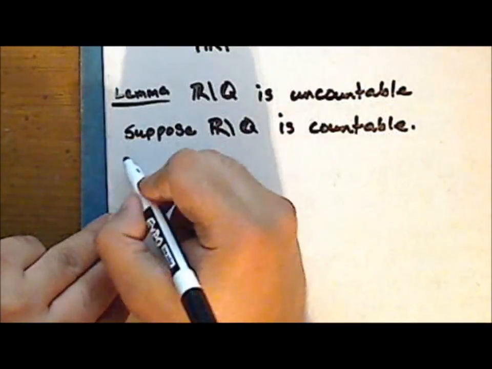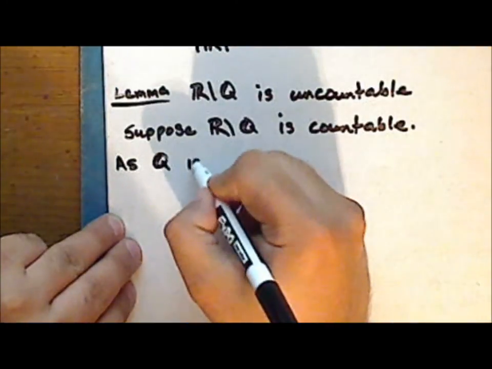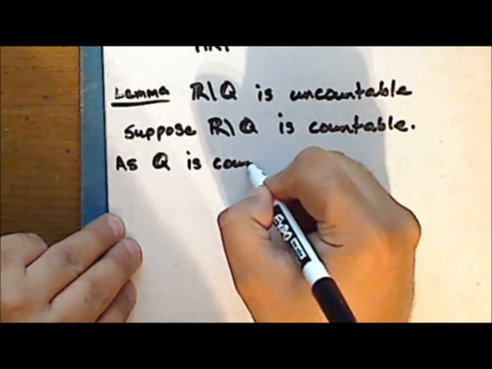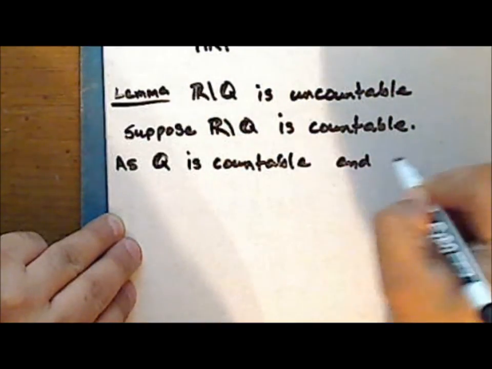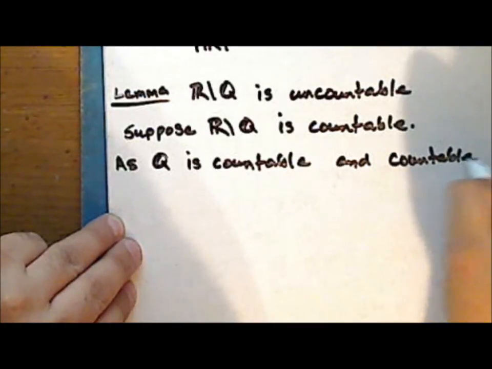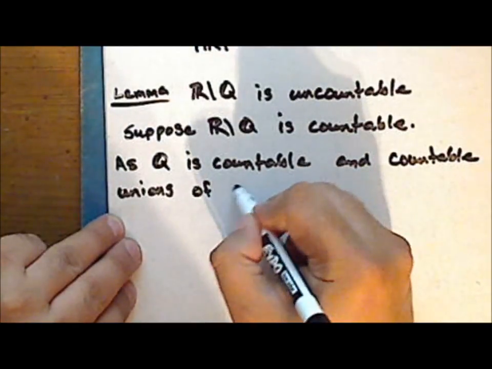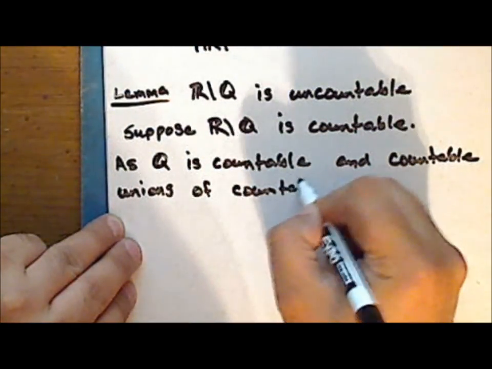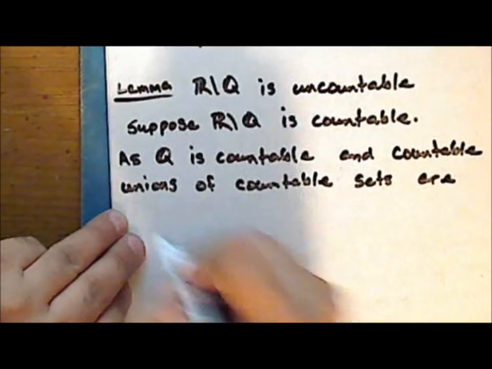Then, as the set of rational numbers is countable, and we know that countable unions of countable sets are countable,